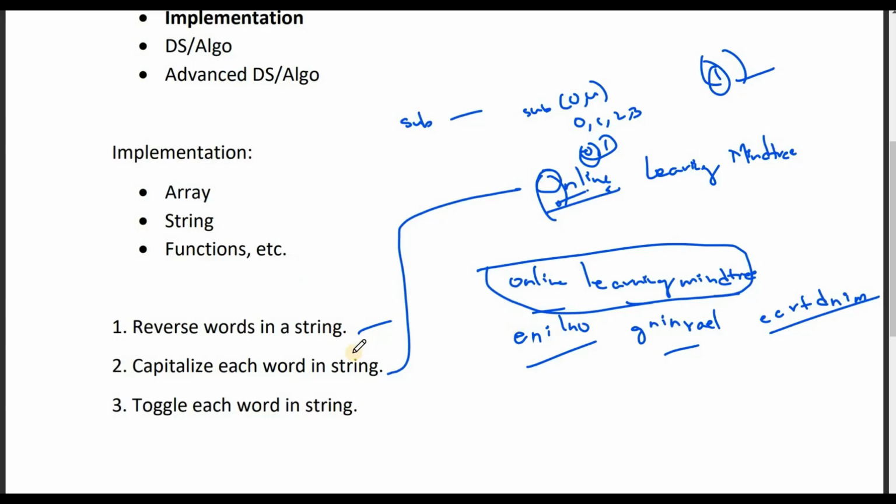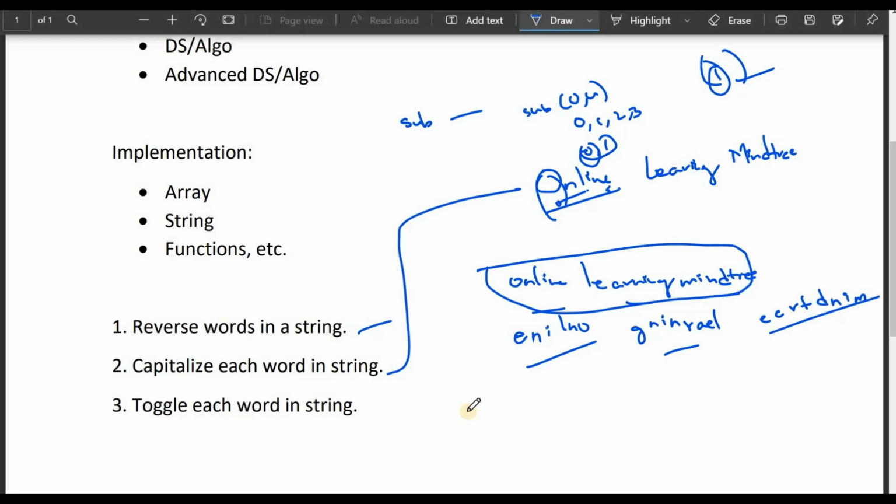So that is about the second question. Let's move on to the last question: toggle each word in a string. Coming to the toggle,